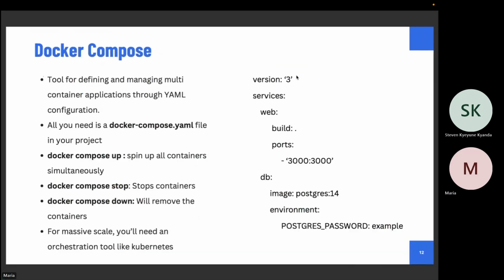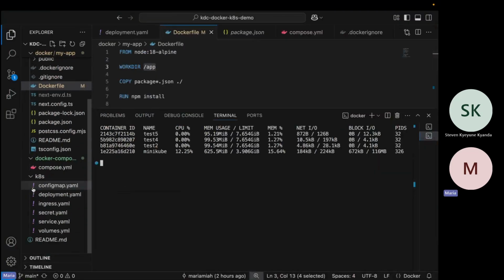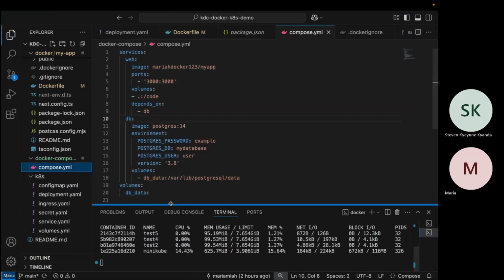Then, how do you go about Docker Compose? Simple. You just need to have a compose.yaml in your folder. And this is how it looks. In this compose.yaml, you define the service name.